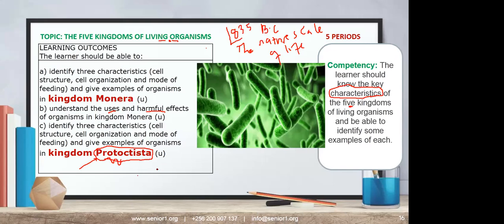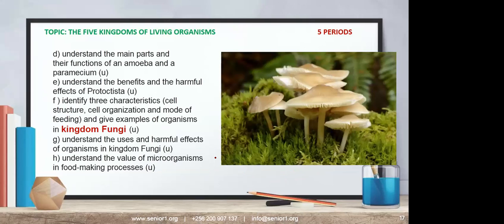Where do we find them? They are actually found in ponds. If you go to the village and you begin playing in that muddy water, you are going to be interacting with them. You are swimming with them in that trench water. You may pick protists in the soil, in dry leaves or in those wet leaves. You may find them there. Then going forward, another kingdom is fungi. This is where we find mushrooms, toadstools, and so on and so forth.